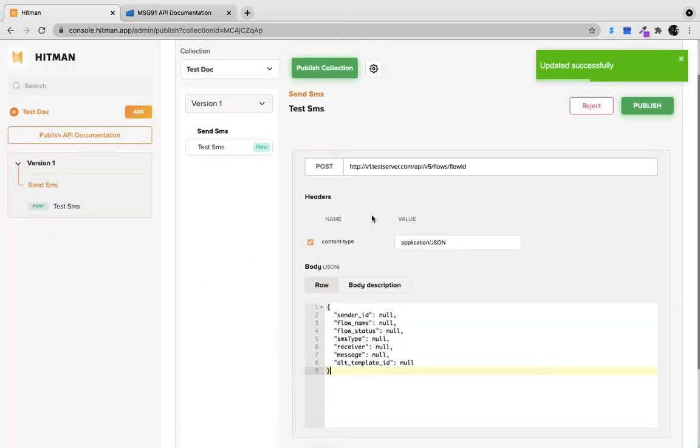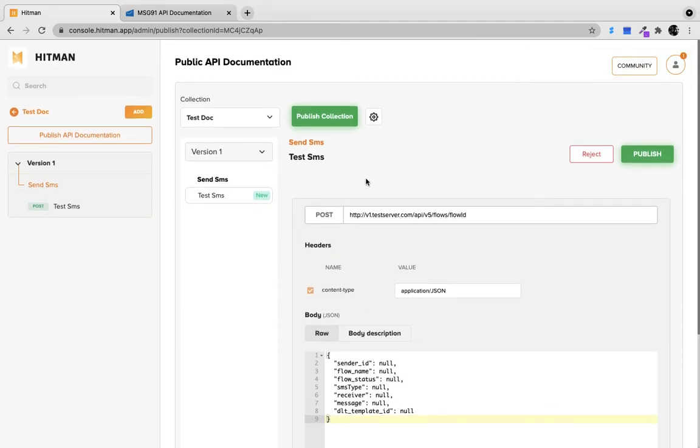Okay. So this is asking me to publish the endpoint first and then publish the collection. Now, why is it asking me to go through a two-step process? Because I already requested to publish the endpoint first from the collection itself. The reason behind it is the developer who has created the API can request you to publish those APIs, but he cannot directly publish them because as an auditor, you would be needing to check if an API has sufficient information to suffice the need of the client or everything entered is correct or not. So that is the reason there is a two-step process.